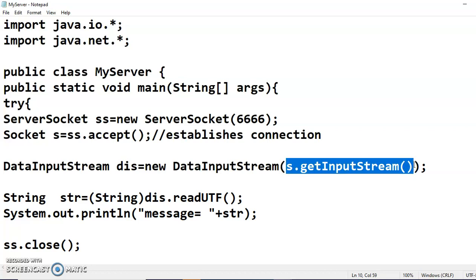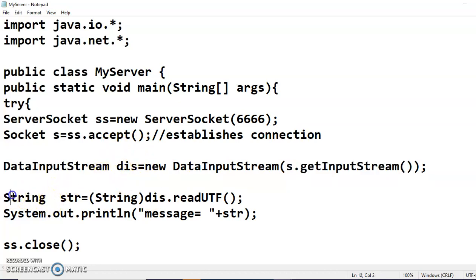So s is the socket object, it will connect to the client program. Whatever the client has written, we are supposed to read that. With getInputStream, whatever the client has written is stored in this. Now we need to read from this object.